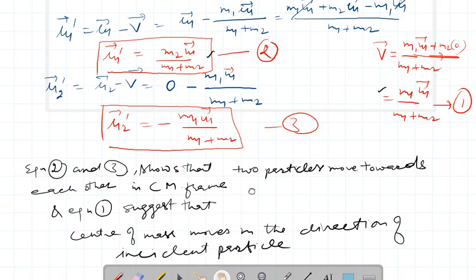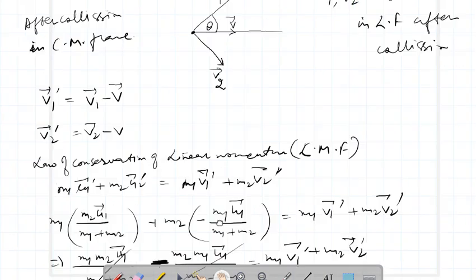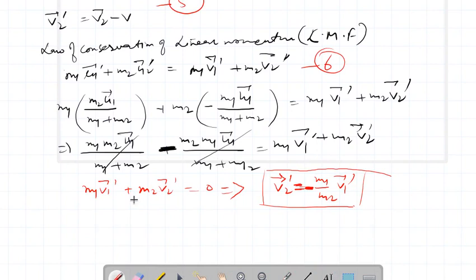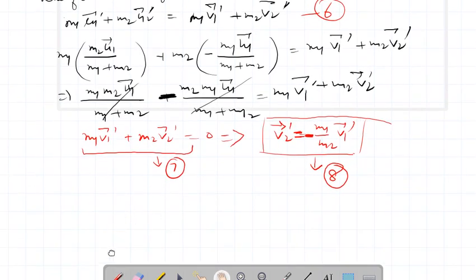This is equation number 2 and 3, and this is, let me call this equation number 4 and this as 5, and this is equation number 6, and let me call this as equation number 7 and this as equation number 8. So this equation 8